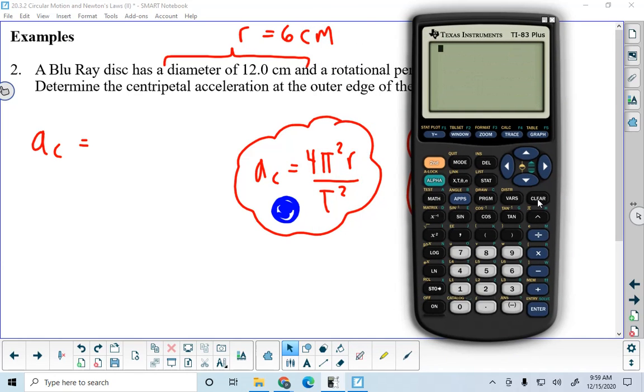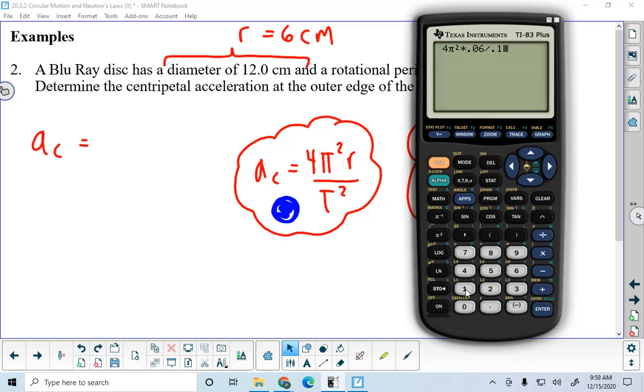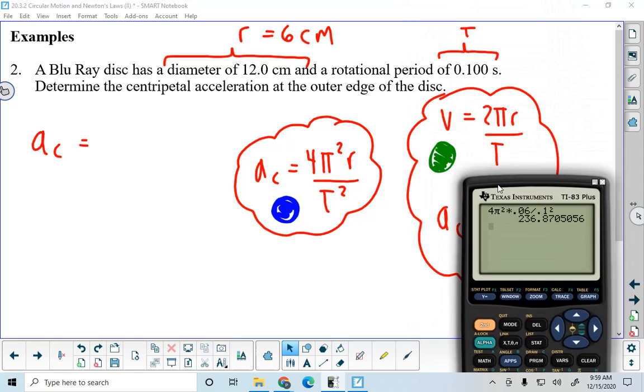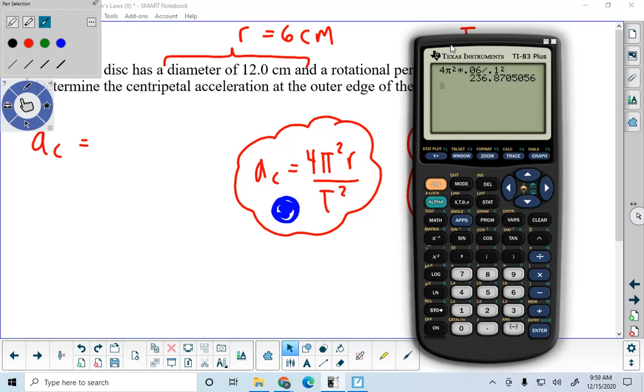If you use the blue method, you're going to take 4 times pi squared, don't forget to square the pi, times 0.06 meters, which is r, divided by, you're actually given the period here, 0.1 squared. 4 pi squared times r over 0.1 squared. I'm getting 237. Did anybody else get 237? Okay. So 237 meters per second squared,